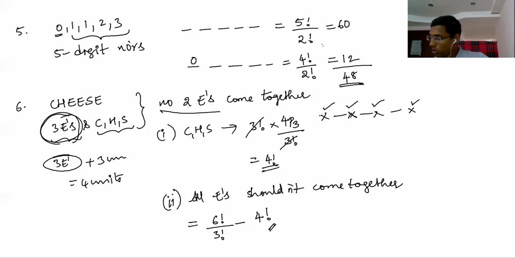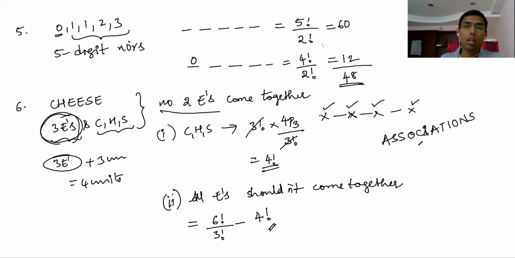Next, find the number of ways of arranging the letters of the word ASSOCIATIONS. In how many of them do all the 3 S's come together, and the 2 S's do not come together? It is the same question. The first question asks for the number of permutations in which all the S's come together. The second is the number of permutations in which no 2 S's come together. The 2 A's do not come together. Okay, all right, so that you can do.